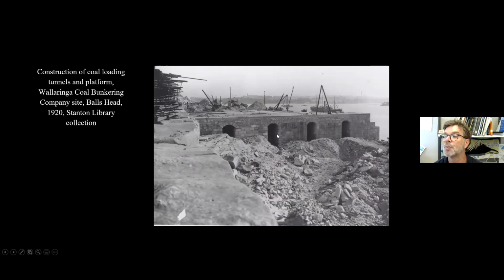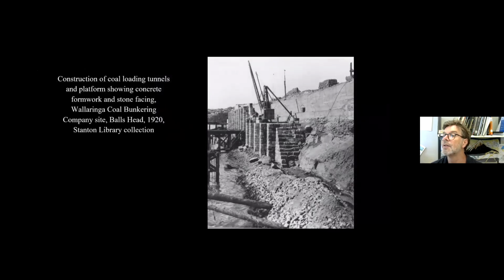But they've also had to reinforce some of the tunnels with formworked cement. So either the stone wasn't as thick as they thought, or they had to reinforce and supplement it with concrete. You can see the formworked concrete here. That would have been created by great planks of timber. How wide they are suggests that they're hardwood from a North Coast forest somewhere. So that's all the cement formwork that you'll see inside the tunnels. And here's the facing stone.